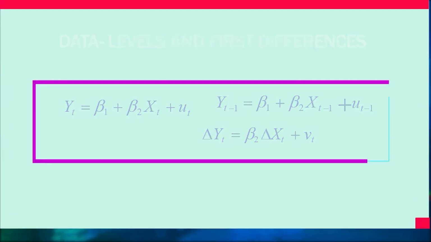But in the second equation, we observe that the lagged value of yt is dependent upon the lagged value of xt, such that yt minus 1 equals beta 1 plus beta 2 xt minus 1 plus ut minus 1. So on the basis of this, if we take the difference between yt and yt minus 1, we are left with delta yt, which means it is capturing the changes in yt over the two time periods. Beta 1 gets cancelled out, and we have beta 2 delta xt as it is, plus vt. So what is this vt? This vt shows the difference between the current error term and the error term of the previous period,